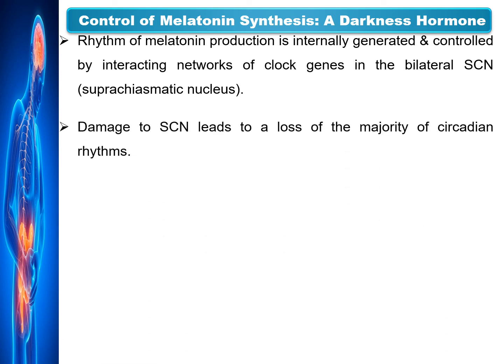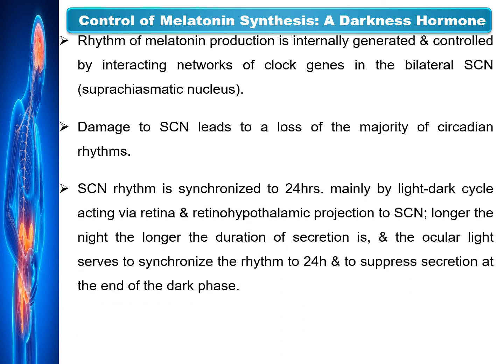But damage to this suprachiasmatic nucleus leads to a loss of the majority of circadian rhythms. This suprachiasmatic nucleus rhythm is synchronized to 24 hours, mainly by the light-dark cycle acting via the retina and retinohypothalamic projection towards this